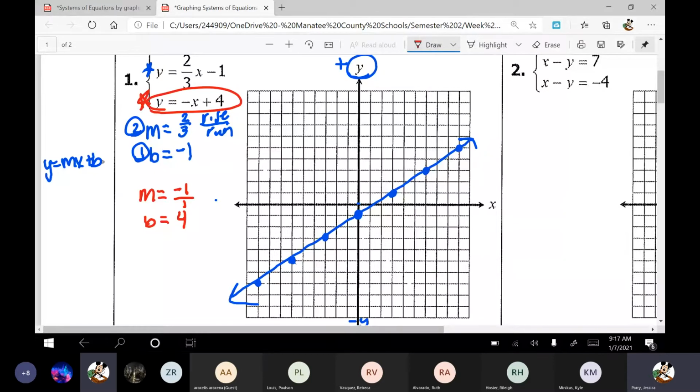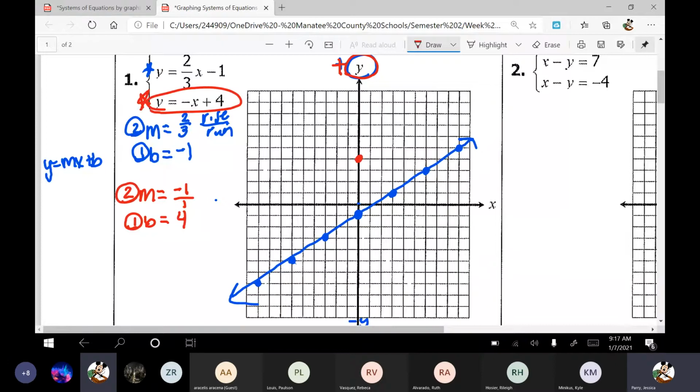Again, we follow the same steps. First, do your y-intercept, and that's a +4, and that's going to go on the y-axis, the line that's up and down. The positive is up, 1, 2, 3, 4. Here's my y-intercept of +4. And then my next step is to use my slope m,